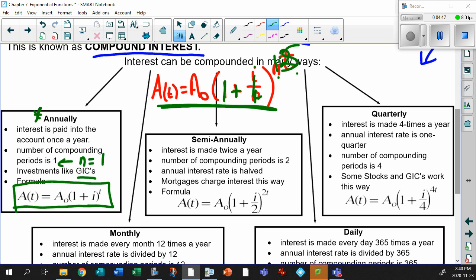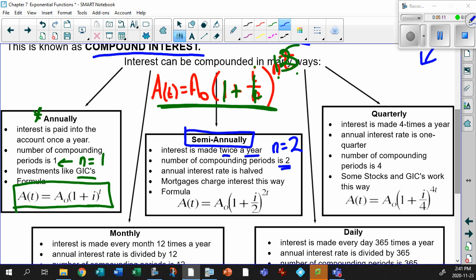Let's look at another type of interest rate. An interest rate compounded semi-annually, which means twice a year. That's what semi-annual means. Most of the time, you're looking at mortgages with this one. Mortgages, in Canada specifically, only allow interest to be accumulated twice a year, which I think is pretty interesting. So the number of compounding periods is 2 then, so your N equals 2.